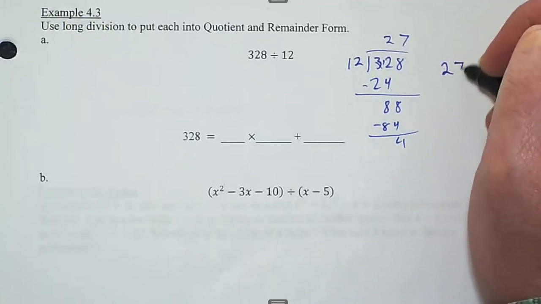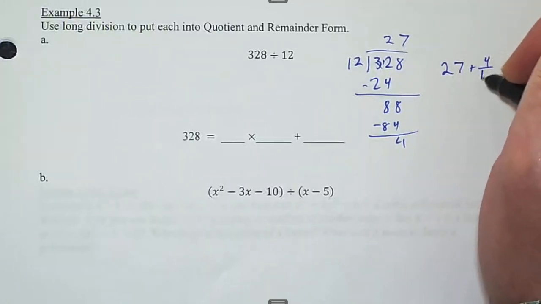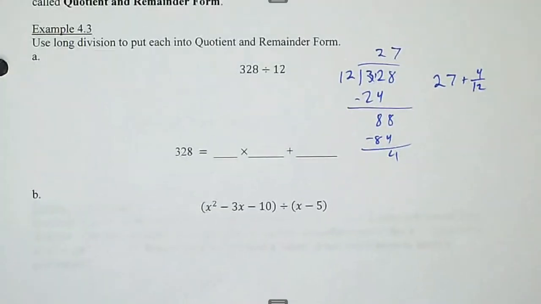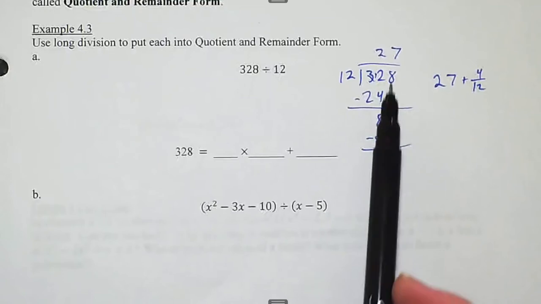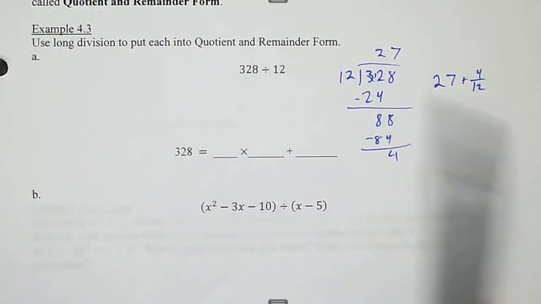So I get 27 plus 4 over 12. Or you might reduce that to 1 over 3. But let's talk about what's another. I'm not saying they're equivalent. I'm just saying, algebraically speaking, they carry the same amount of information. So what this is telling me based on this result is that I can describe 328